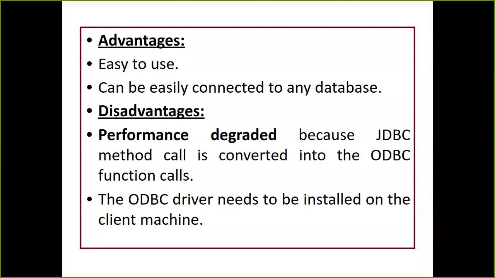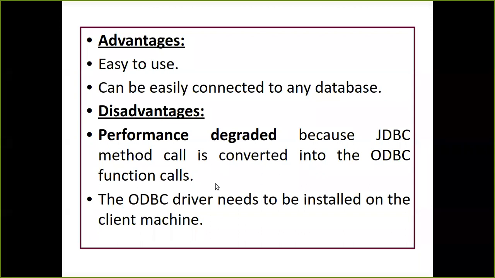For the Java JDK which we downloaded, if you open the bin folder, where we used to copy the path, you will find a number of APIs and packages available. We have studied that Java allows that option: if I want to add any external library or packages to the existing ones, it can integrate them and allow me to use them. So there is not at all a problem, and that's why it is said to be very easy to use, and it can easily connect to any form of database, even one which does not have the JDBC driver.